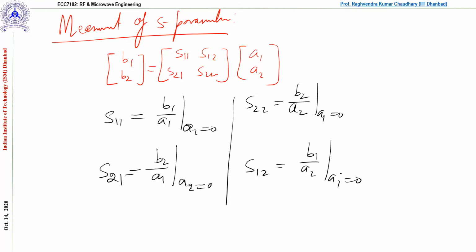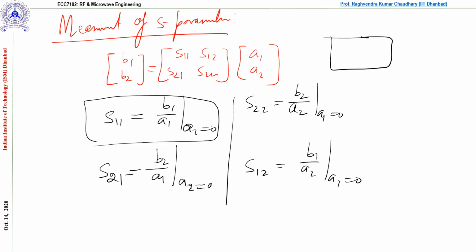You know why? Because let's say this is the situation, correct? You want to measure the S11. Here A2 is supposed to be 0. This is a two-port system, with A1, B1, A2, B2, correct? So A2 equal to 0 is fine. There is no issue, because the source at port number 2 we are making 0, and we are analyzing like this. But the thing is,